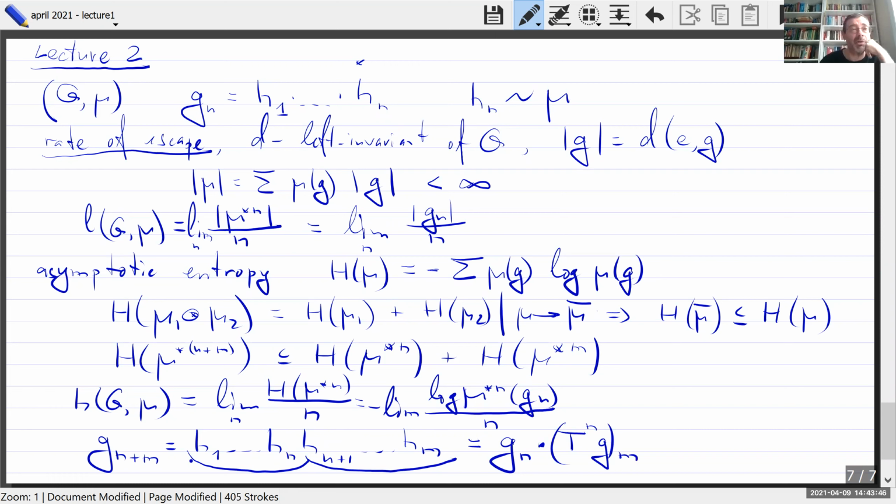Okay, and therefore now, in order to apply the subadditive ergodic theorem, what do I have to do? Well, I have to look at the probability to be at this point, which is the product of two elements, at time n plus m. But obviously, one way of getting to this point in n plus m jumps will be the following. First, in n steps, I go to the point Gn, and then in the remaining m steps, I go from the point Gn to its product by this increment on the right. And clearly, this is only one of the possible ways to get to the point Gn plus m in n plus m steps, and therefore the probability to be at time n